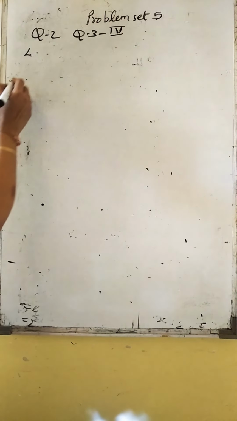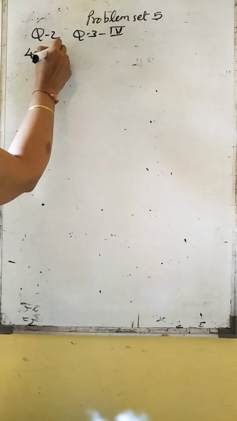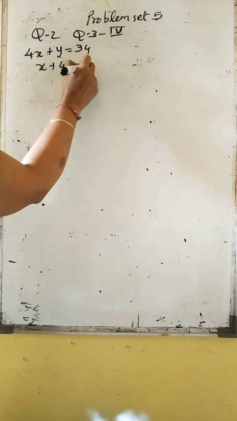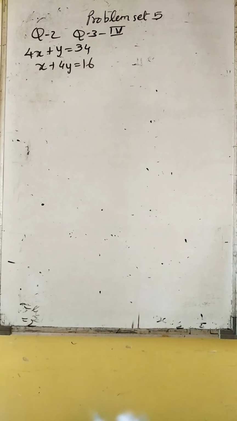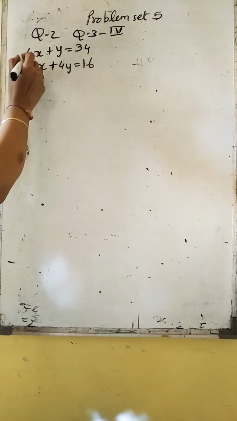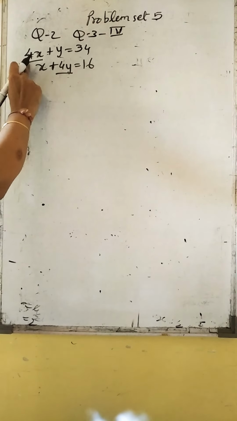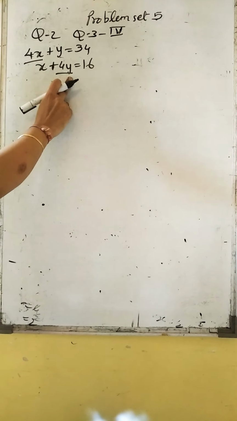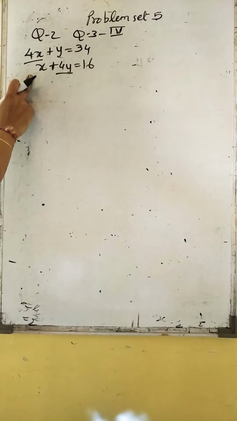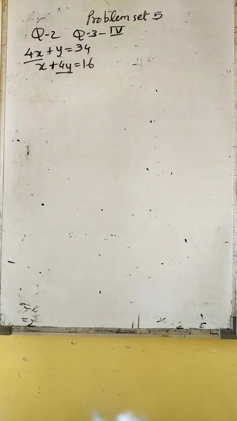So we are going to have, say here, 4x plus y is equal to 34 and x plus 4y is equal to 16. The normal method with which we are doing will be applicable, no problem. But we can do it by this method also. Okay, so what you do, you will just observe the coefficient, the coefficient of y here becomes the coefficient of x in the other equation. So it is like an interchanging part, right?